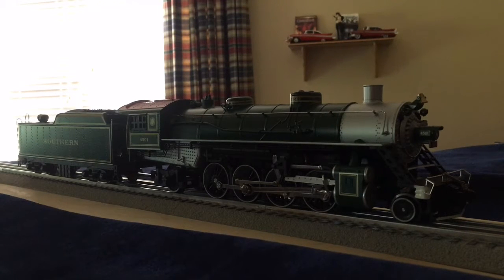Today I'm going to show you how I upgraded and detailed one of my most favorite steam locomotives, the Southern number 4501 Mikado. The 4501 was first purchased by the Southern Railroad in 1911 and spent many decades in active service. However, in the late 50s, it was soon phased out, like other steam engines of the day, by newer